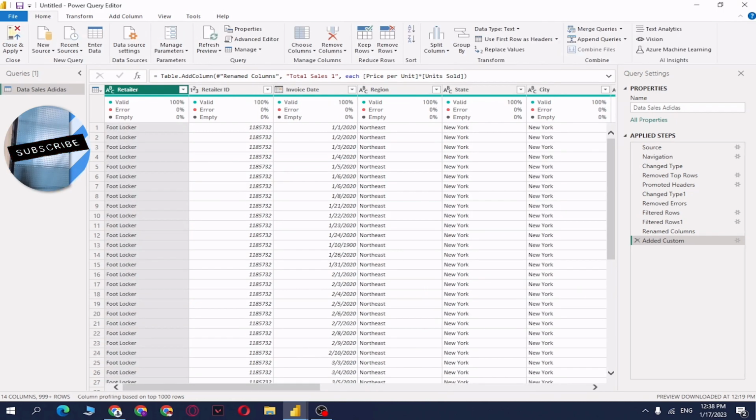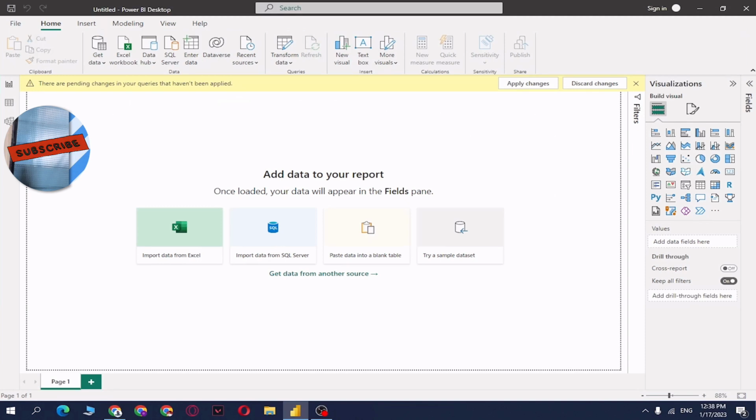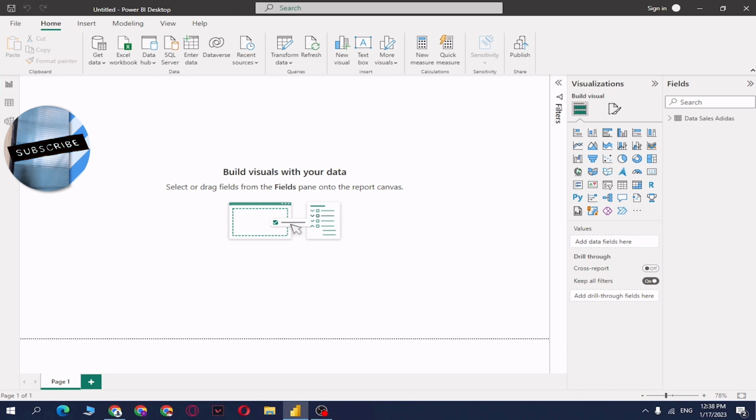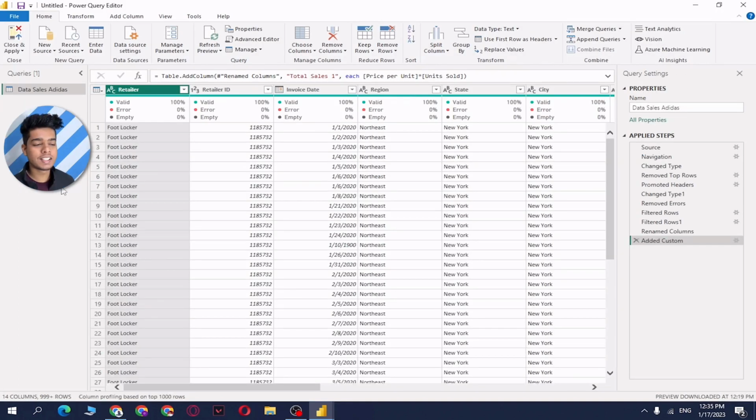When you finish all data cleaning and pre-processing in Power BI, just click on the Close and Apply button. That will close the window and apply all the changes to that particular data file. Now you are back in the Power BI Desktop application, so you can start building your dashboards and visuals with accurate and meaningful data. Here we just saw the basic processes of data cleaning and pre-processing in Power BI.